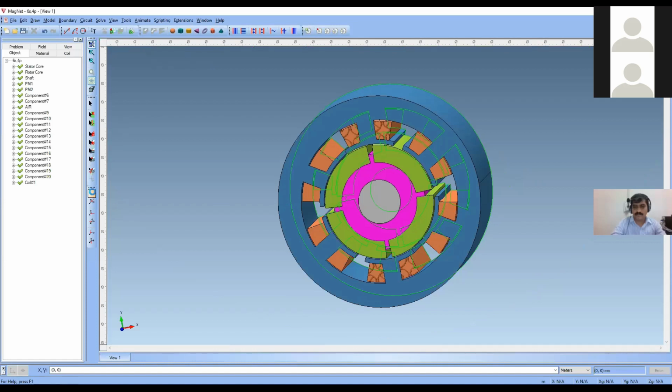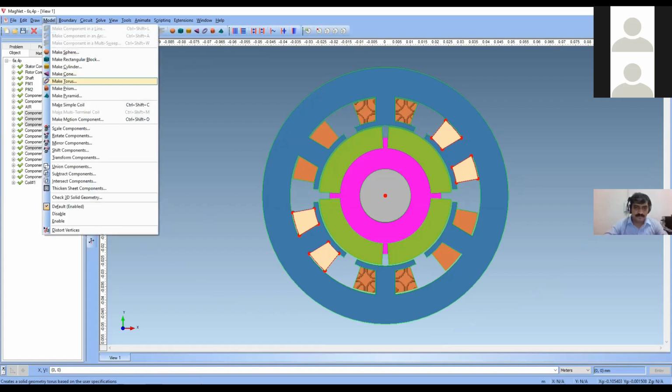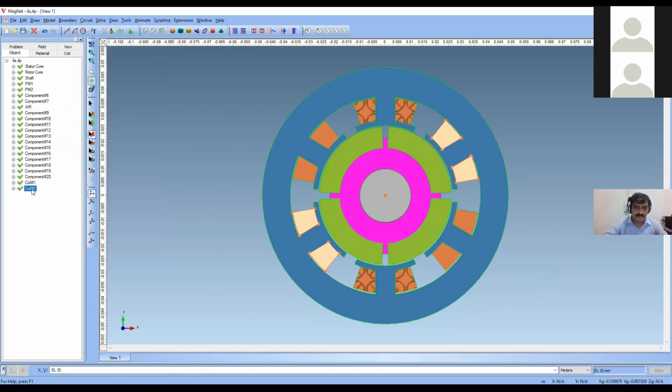Okay, so similarly you want to select the components in select components, and next this, and again you want to go to model, make simple coil. This will be created as coil 2. Okay, now two coils we have created, A phase, B phase, now C phase. This. Now make simple coil. Now again the coil has been created.